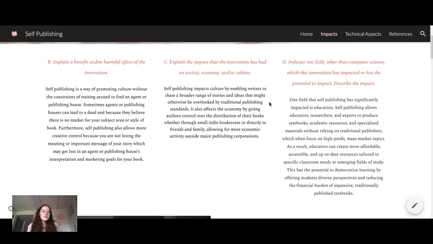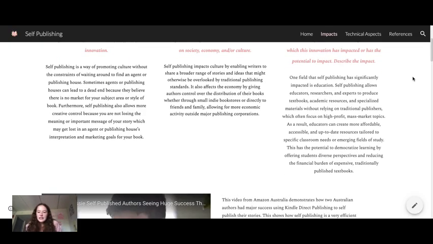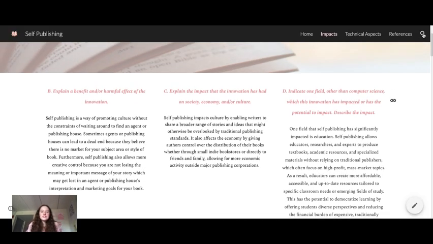Question C, explain the impact that the innovation has had on society, economy, and/or culture. So for culture, it increases representation and diversity in literature, and economically, it also creates new opportunities for authors to sell directly. And this just boosts any independent economic activity outside of the large publishing companies. And then question D,